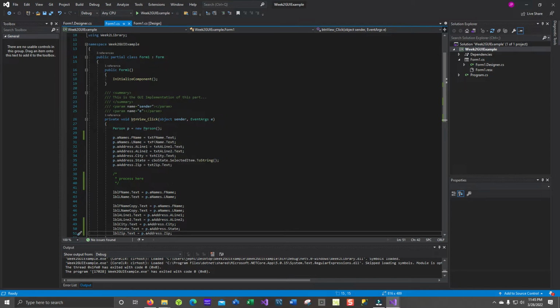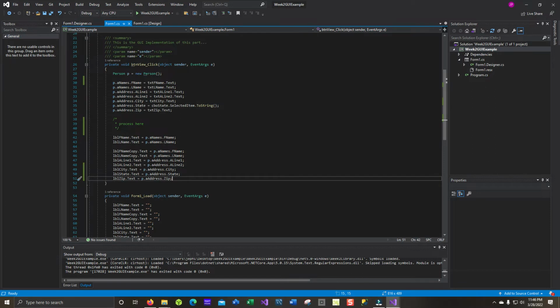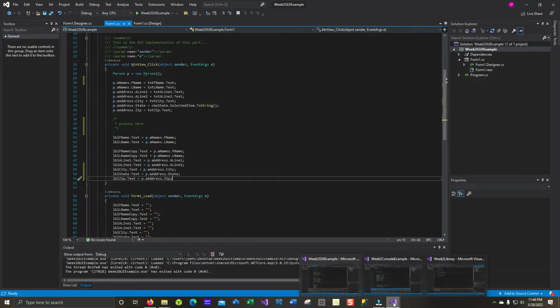Now what's interesting about that is if you were to block off all of this stuff on the input portion to the right and on the output portion to the left, all of the stuff in those respective areas is part and parcel of person. And all of that stuff is the same whether you put it into a graphical program or whether you put it into a console program. So as an example,